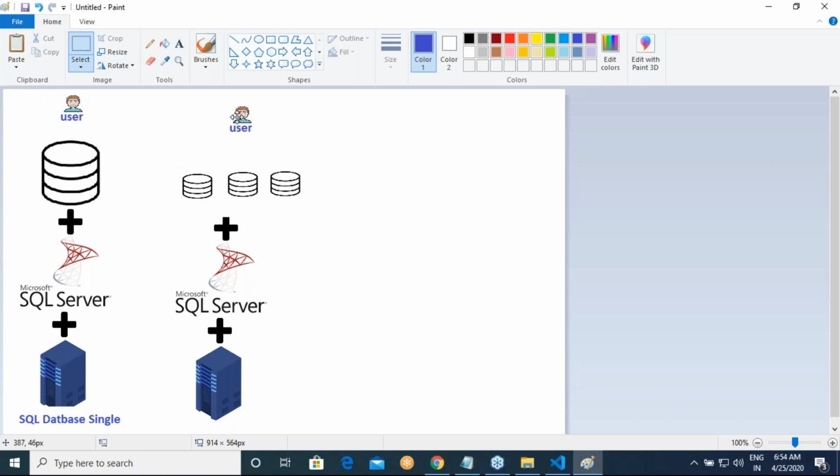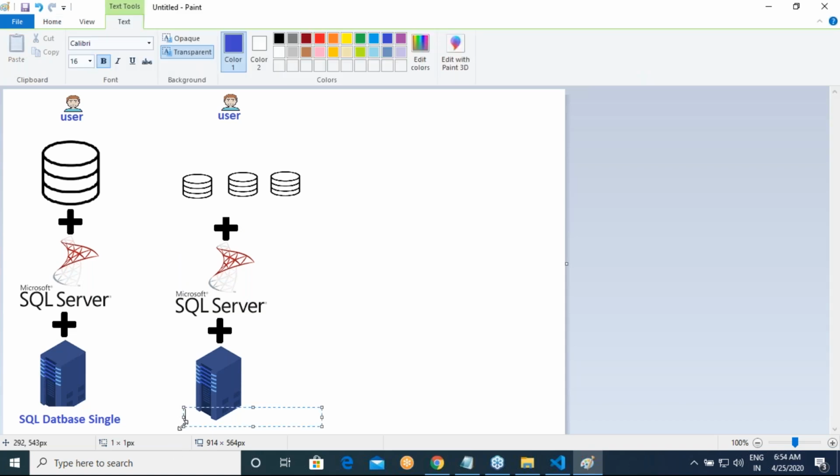Here also it is a single user model. So you have databases shared on the server, and you can have everything you have on your on-premise instance. So this is the managed instance.